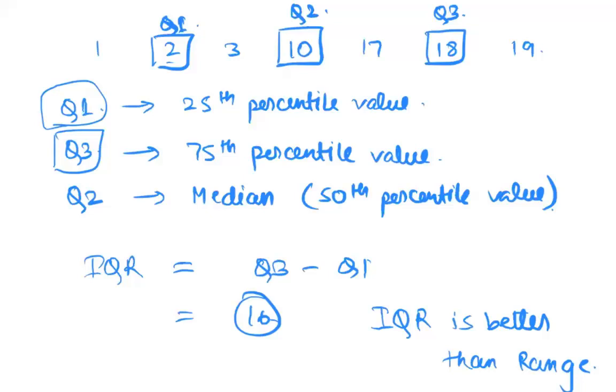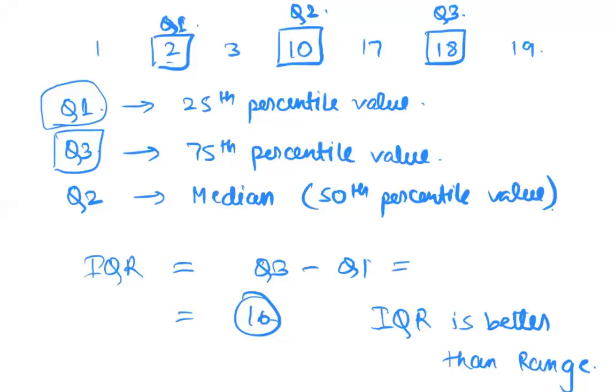Because it tells you what percentage of the population is where. Range will not give you the population. It only gives you the min and max. Whereas the quartile will give you what percentage of the population lies above or below. It's the Q3 value minus the Q1 value, so it's a point value only. Outliers won't be affecting this value, IQR.